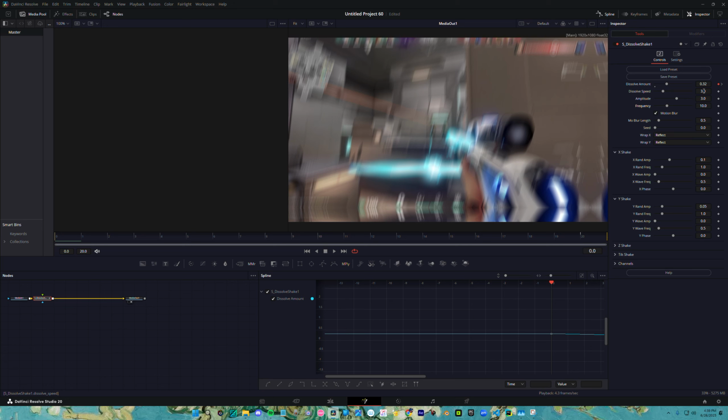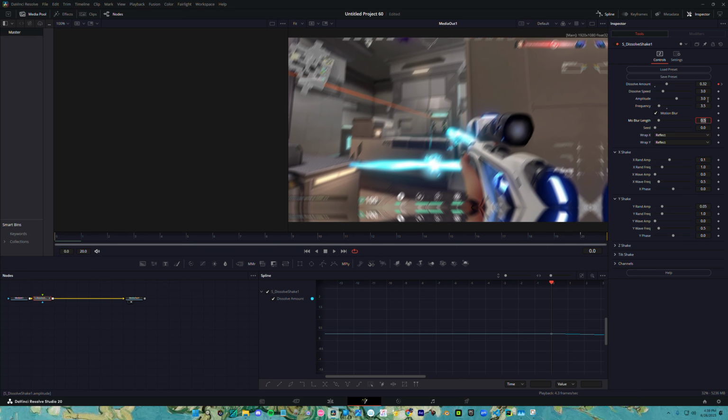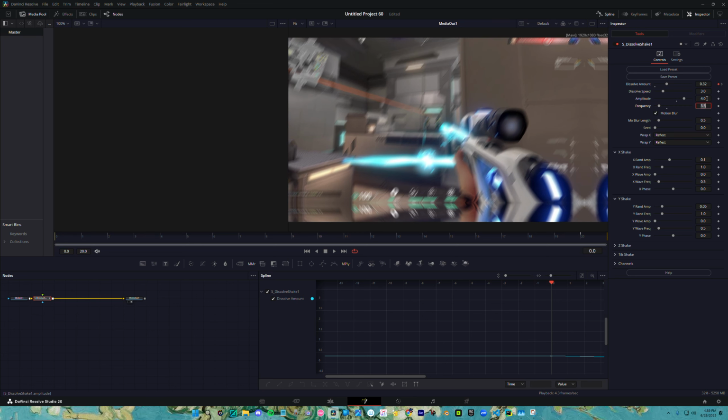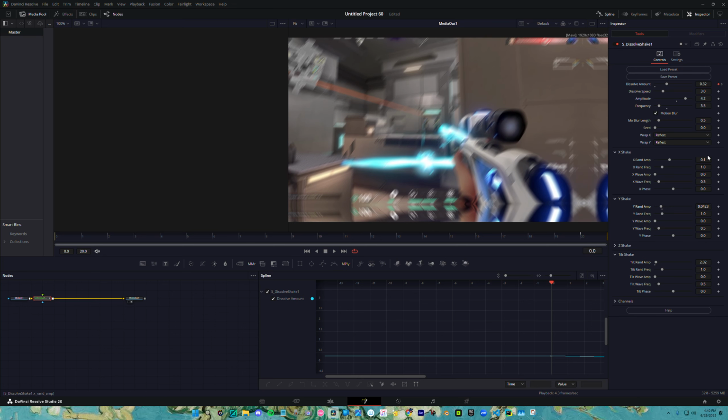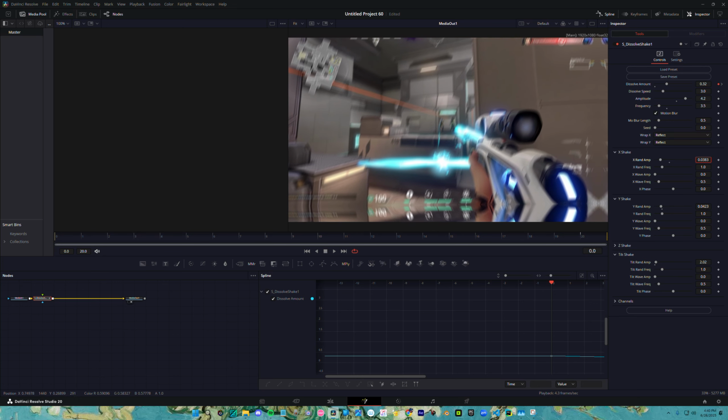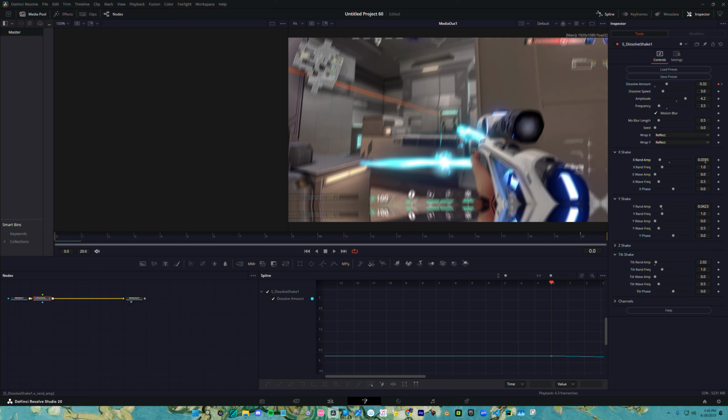Dissolve speed. Leave that. Frequency is way too high. I'll do 3.5 for this edit. And for amp, this is where you could have some fun. You don't keyframe amp actually, interestingly. I will do a 4.2 amp. Kinda high, but then again, do you really care? Put a little amp of like 2 or something. Yeah, 2. Y random amp, I'll keep it at like 0.4. X random amp, this is less X motion, so I'll keep it pretty high, I guess. Actions going here, so